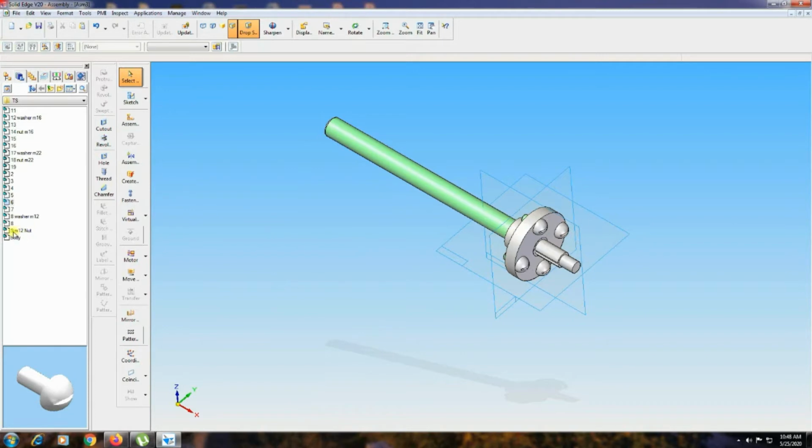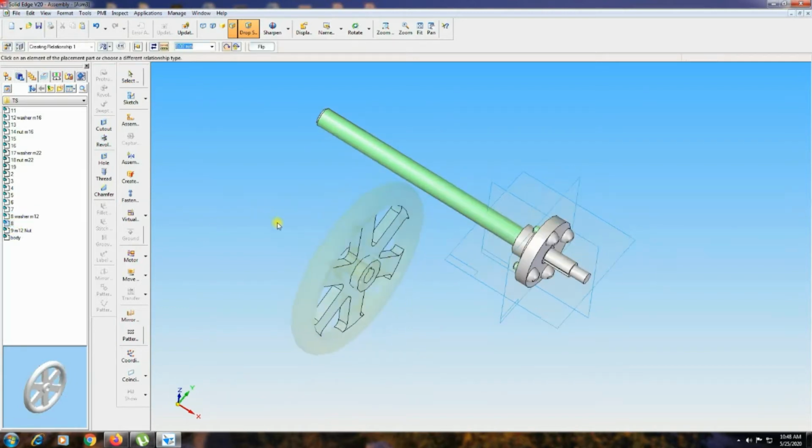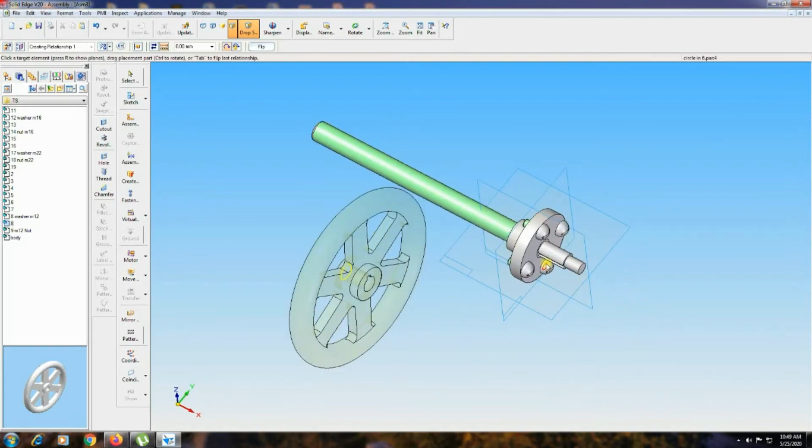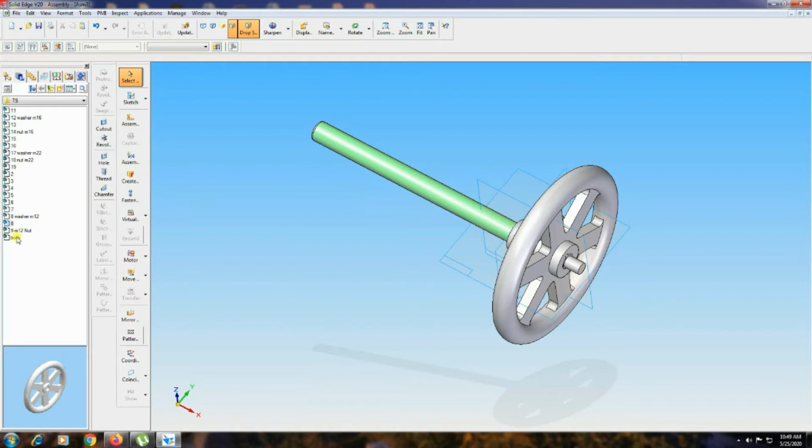After that, part number 8. Rotate the drawing like this, then right click, you have to select that edge, that one should align with that circle.